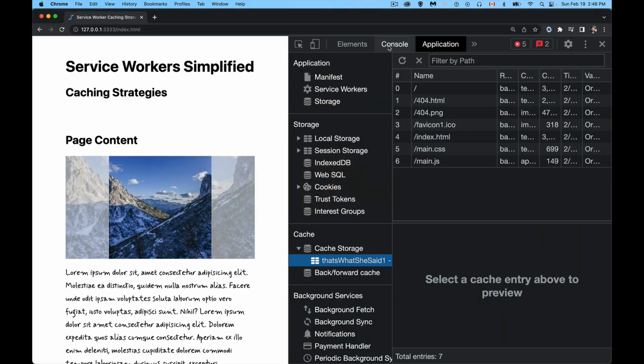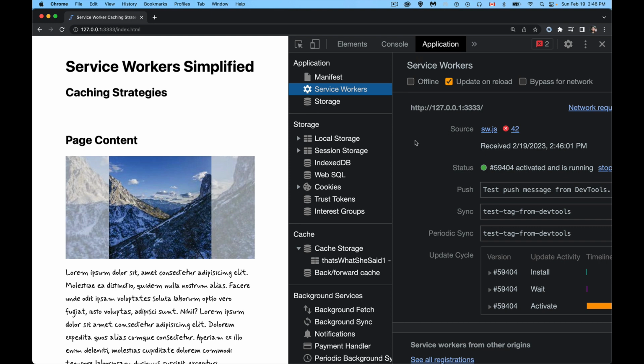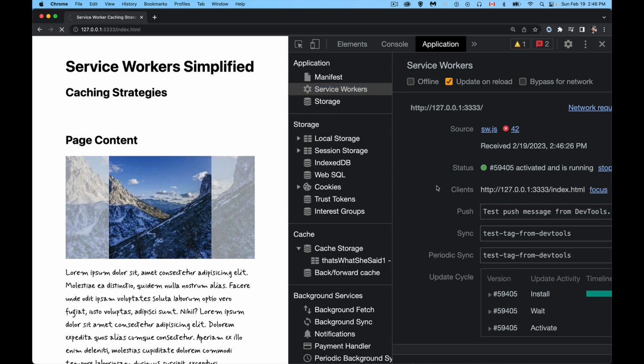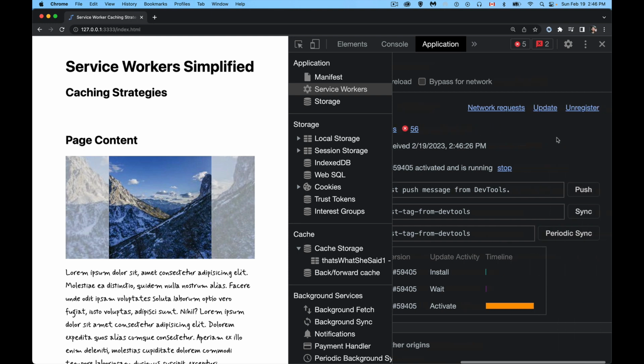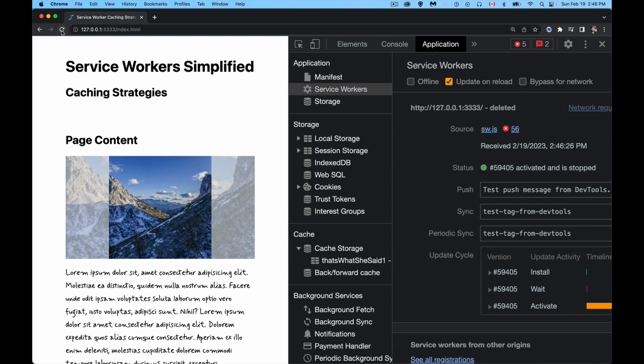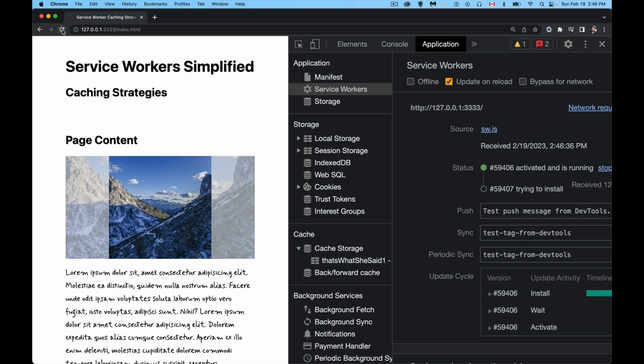All right, so let's go here into our application, refresh this so we get our latest service worker and all of our files. Okay, let's unregister this, make sure we clear out all the errors, make sure there's nothing going wrong. Okay, so we've got no errors occurring. These are the files that we have. And if I refresh,